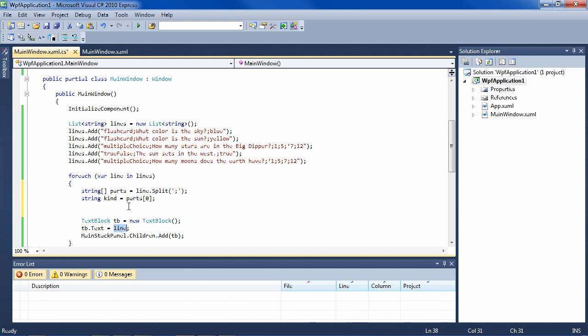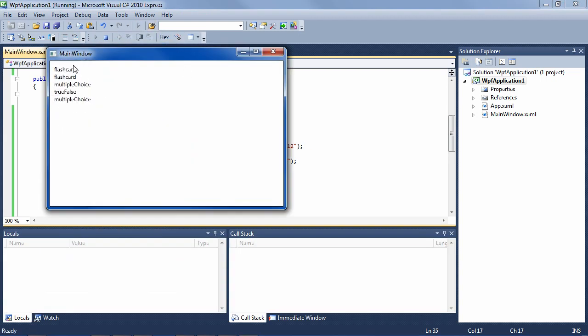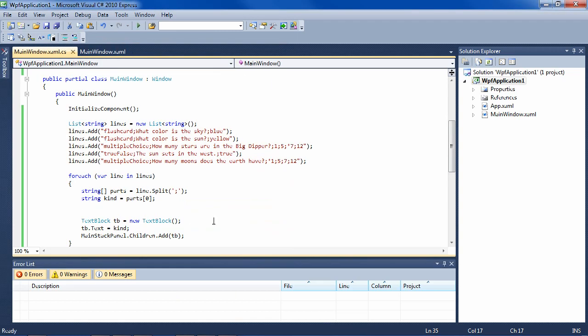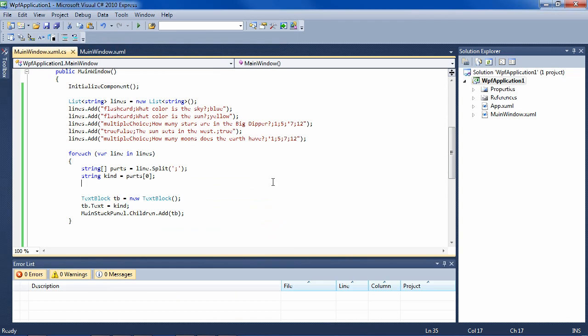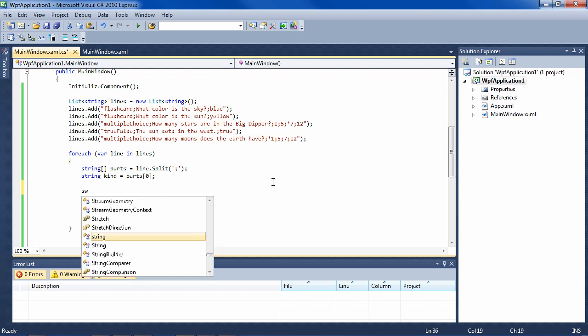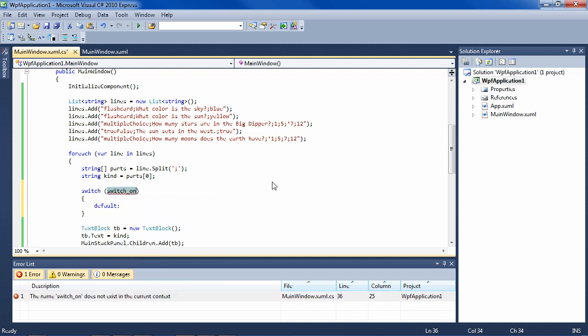So let's see if that works. We'll show kind here and we run it, and indeed, flashcard, multiple choice, true, false, multiple choice. That's exactly what they are here. So now we can use a switch statement, for instance, to decide what to do based on what kind of question we're processing. So let's say here, switch kind, and then